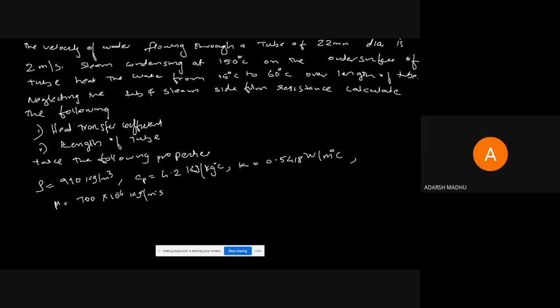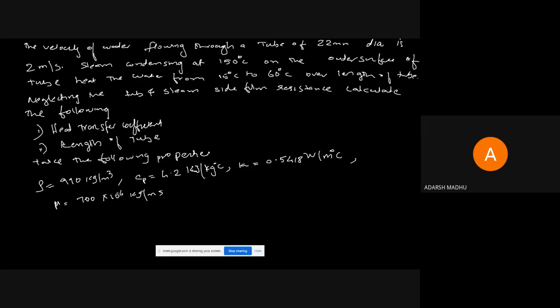That is why these values are given. Okay, so how can we find the value of the heat transfer coefficient, h bar? The other film resistances are neglected. The other film resistances mean 1 by h naught and 1 by hi, those values are neglected, that is what the question gives. So we want to find only the heat transfer coefficient, h bar value.